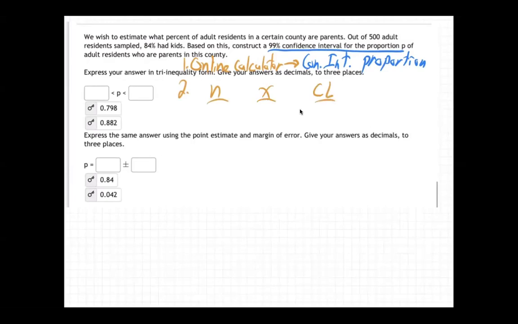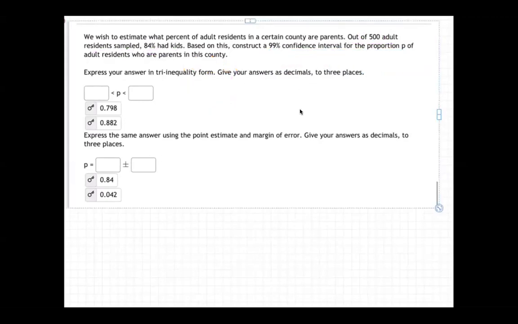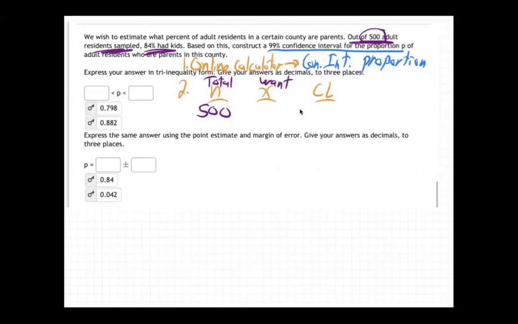CL. N is always the total number. What's the total number? 500. 500 adults were surveyed. X is the number we want. Let's just do the X first. What's the number we want? Well, it says that 84% had kids. Out of 500 residents that were sampled, 84% had kids. So that means